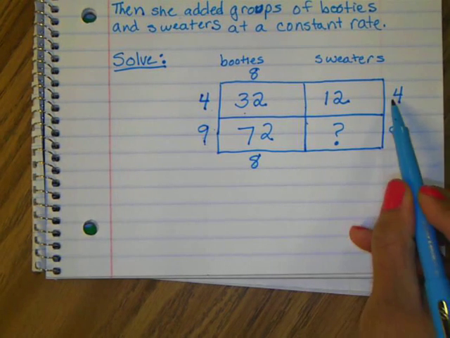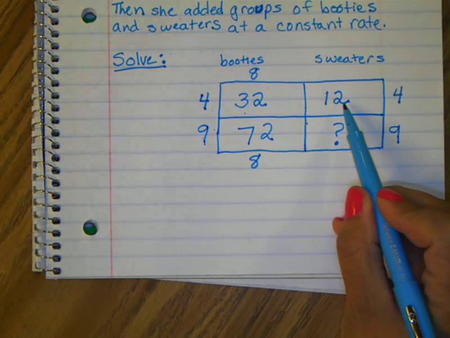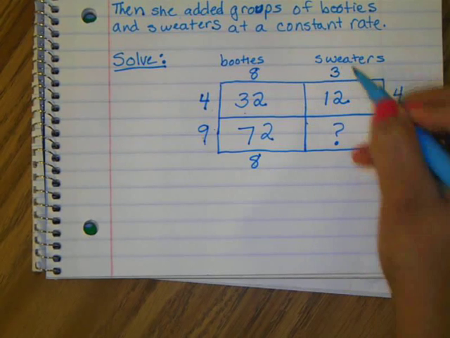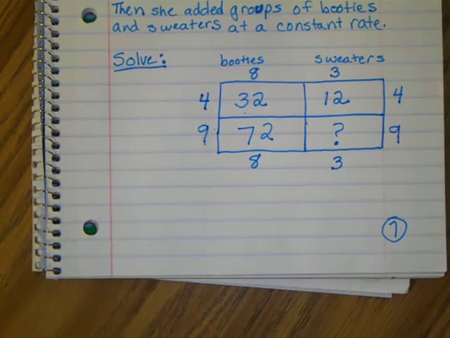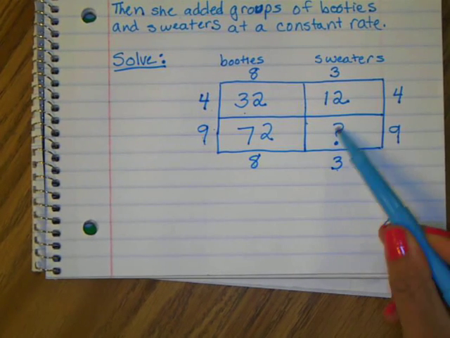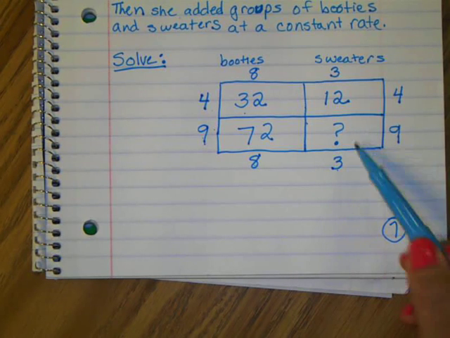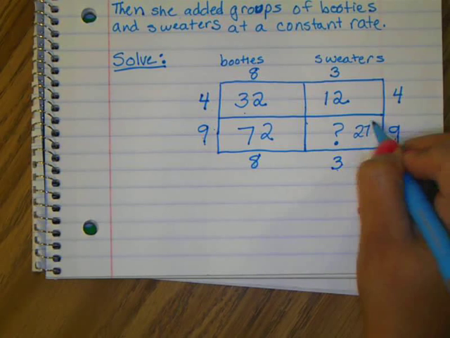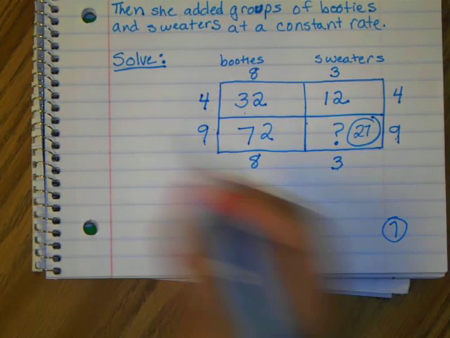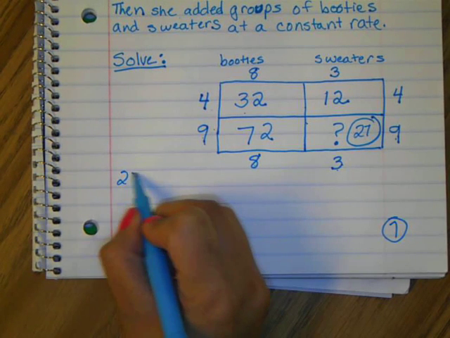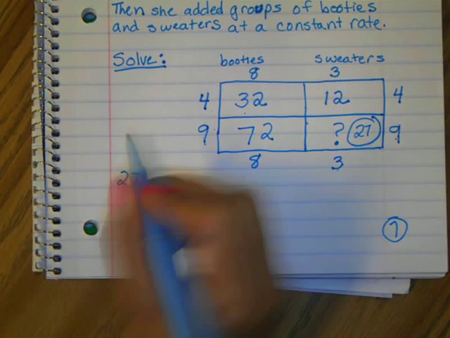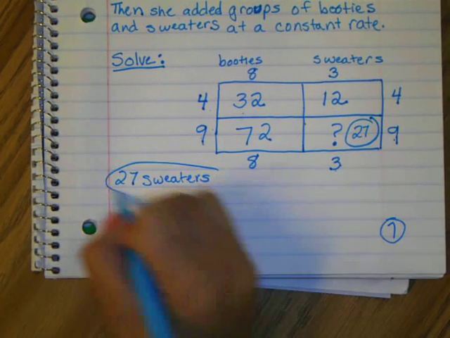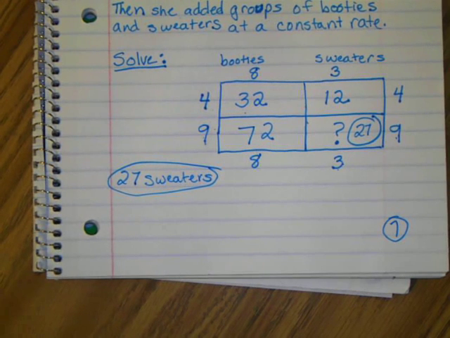4 goes into 12 how many times? Dominic? 3. There's a 3 up here. I can bring my 3 straight down. And then I know this box, don't I? What is it, Kaylee? 3 times 9 is 27. So I have to label my answer 27 sweaters. Miss Shaver would be broke if this was true. Thank goodness Nala only has 1 pair of booties and